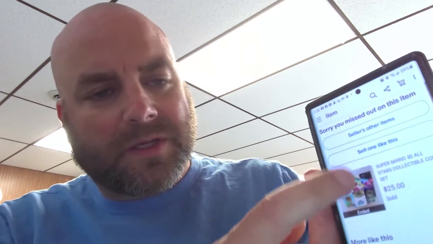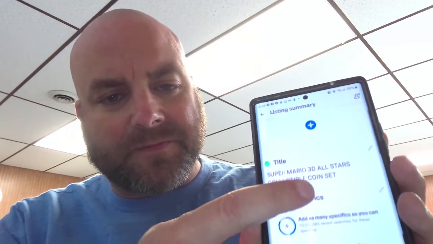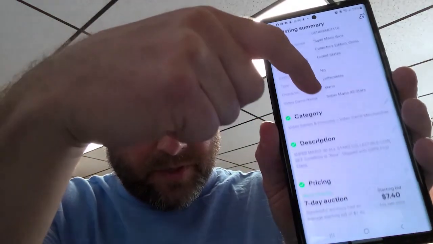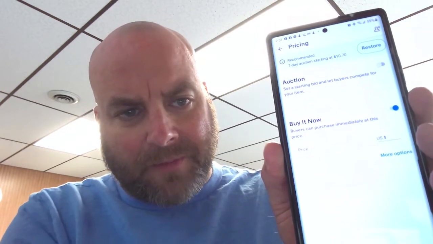It does come with a display case. So what I'll do is click that $25 one, sell one like this. It'll spin around, spin around, spin around, and then it asks me for some information. And that's where I can put in all my information as to what I'm going to sell it for. Again, it starts you off with auction. I turn that off. Look at me working backwards. And then I can put in my Buy It Now price, which I will probably do for, let's say,